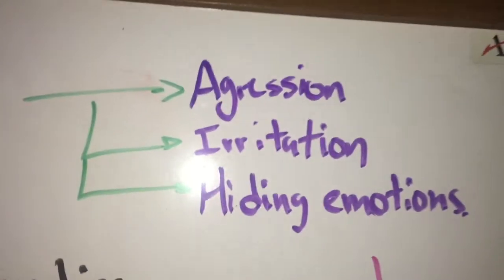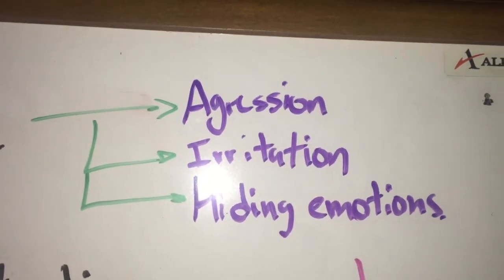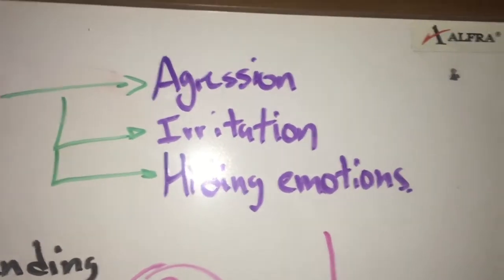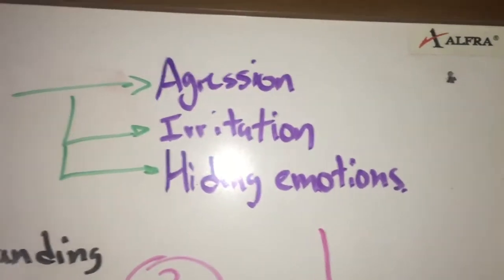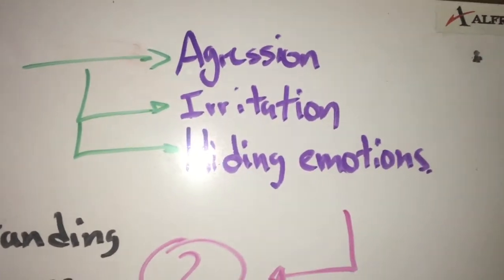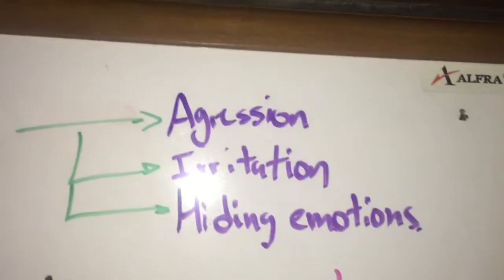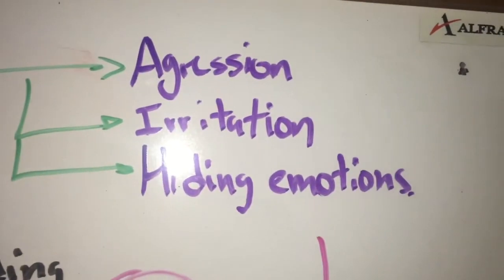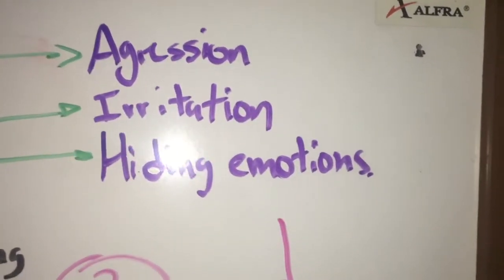This can be included in three main aspects of recognition, whether you have an anger issue or not. The first one is usually aggression, considering how violence is an expression of your anger towards another person or your own self. Irritation is basically how easily you get angry, how easily you get annoyed by other people, how easily you express it in a physical way, damaging or hurting other people. And finally, hiding emotions, showing or trying to show that anger is a way to control other emotions or to show yourself as a strong person.